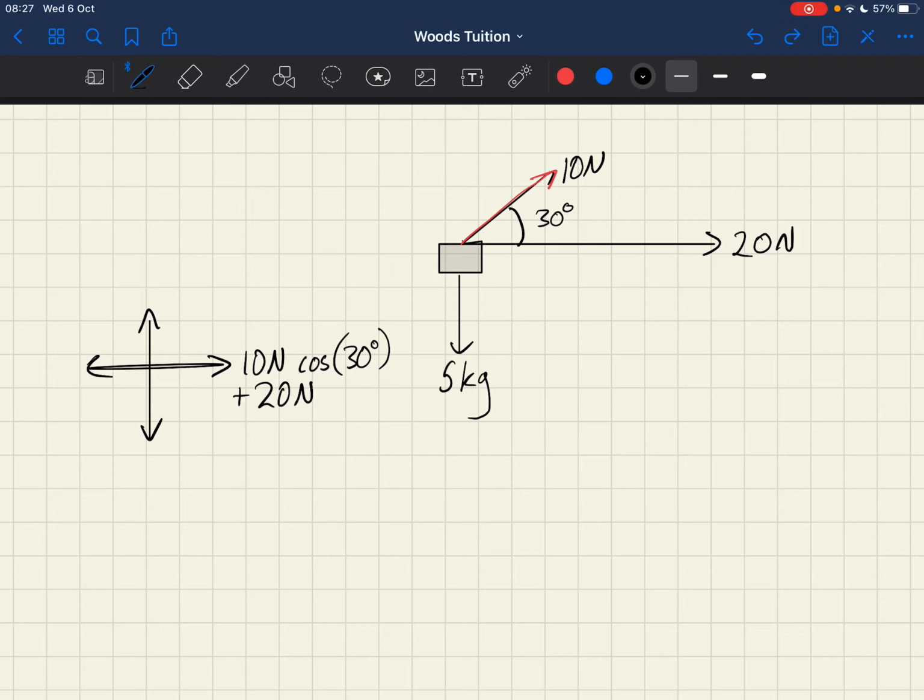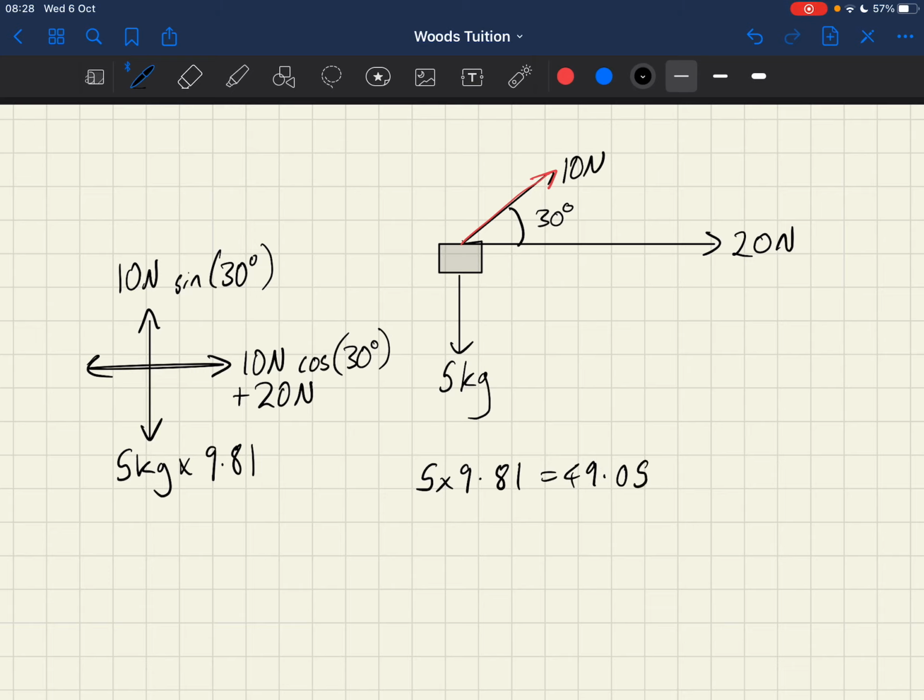And then to open the angle, we would find the vertical component. So it's going this way to open the angle, and to open it is sine. So we've got 10 newtons sine 30 degrees. And then we've got one more vector, which is the vertical component of the mass, which would be 5 kilograms times the acceleration due to gravity, which would be 9.81. So 5 times 9.81 would be equal to